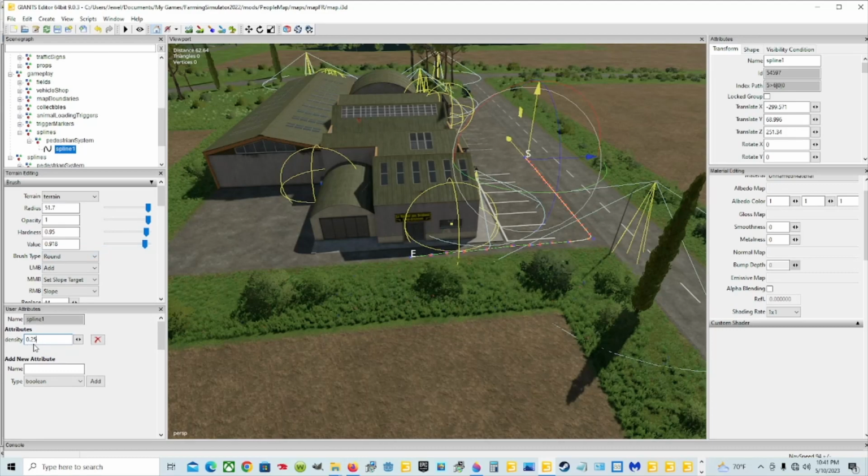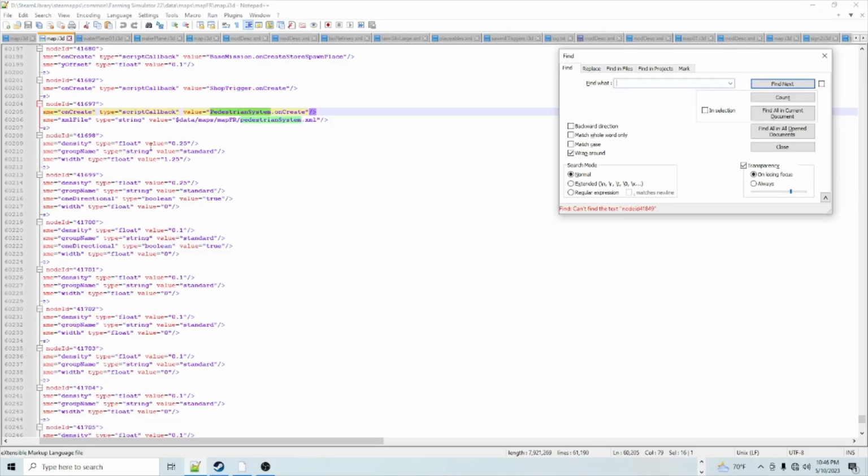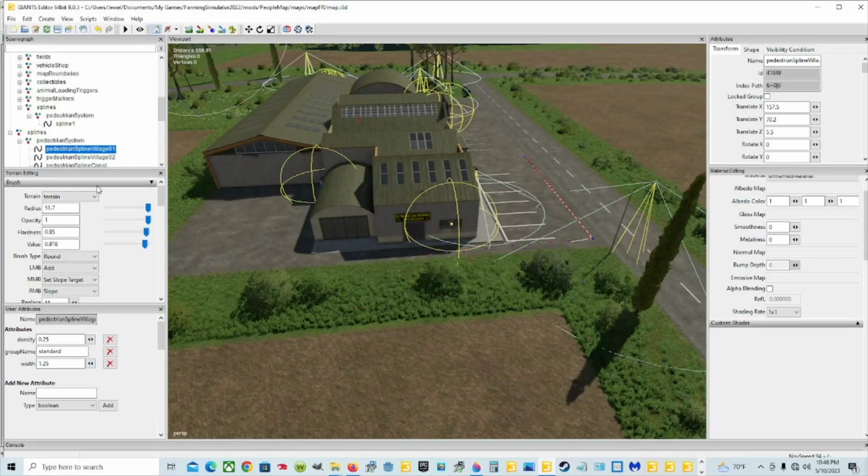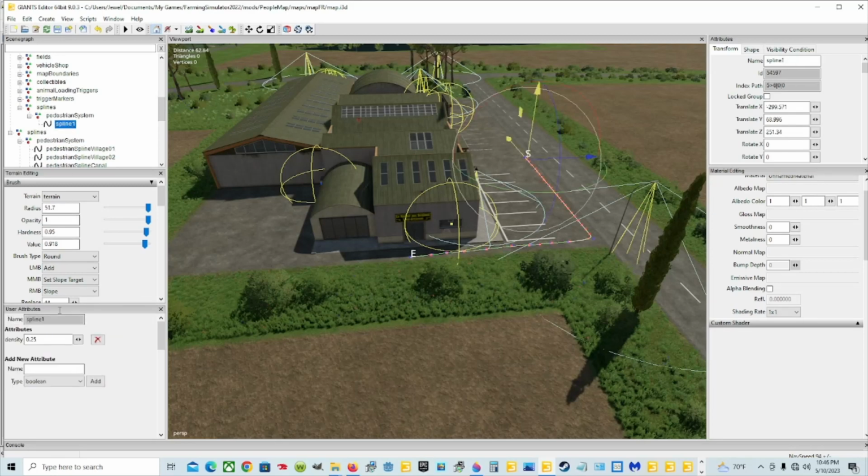The 0.25. So we're going to pick, for the first one, this density stuff, and then we're going to pick group name, string, standard. So we're going to go ahead and highlight standard, copy, and remember string and group name, capital N. So we're going to go back, and we're going to go back to the one we were on. We're going to remember string, group, lowercase, make sure you spell it right, capital N and lowercase a-m-e, add,